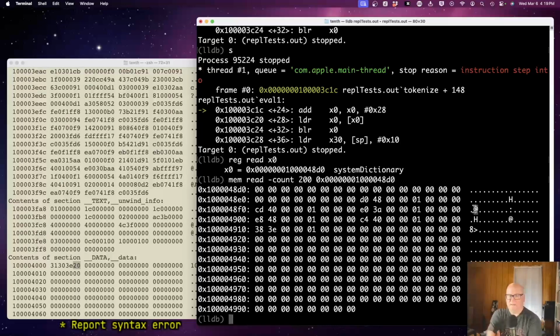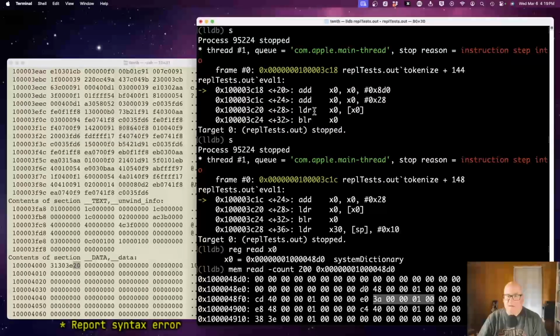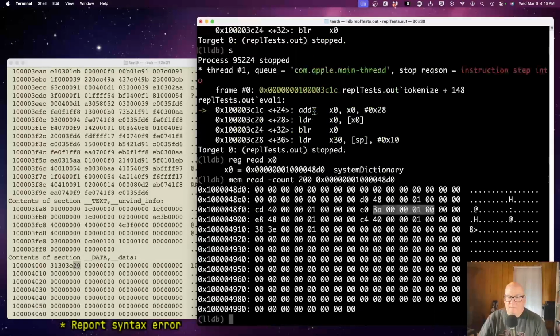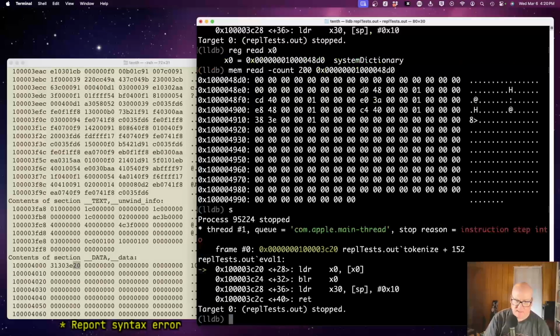And oh, it's a pointer to the string address. Okay. 40CD. We're not going to have that. Followed by the word address of the capture routine. Okay, so we got X0 loaded. Oh, wait. Okay, so X0 right now is the system dictionary. If I step,